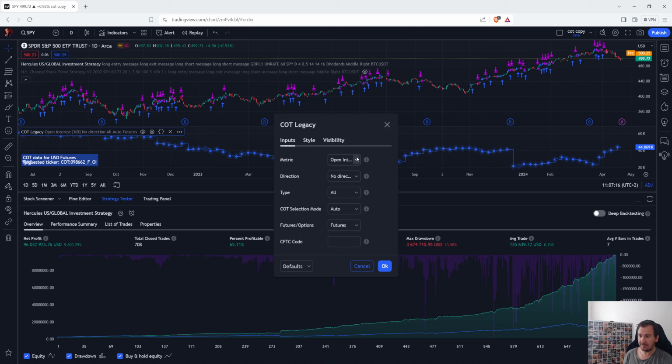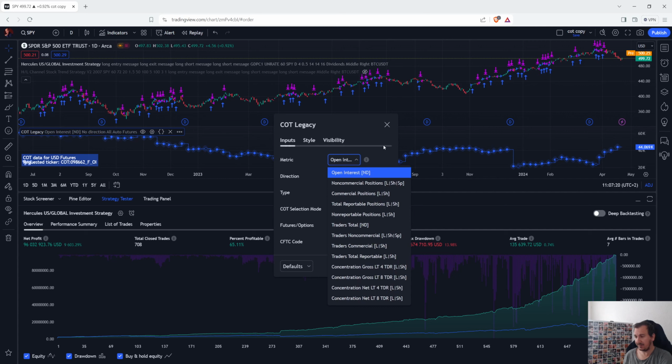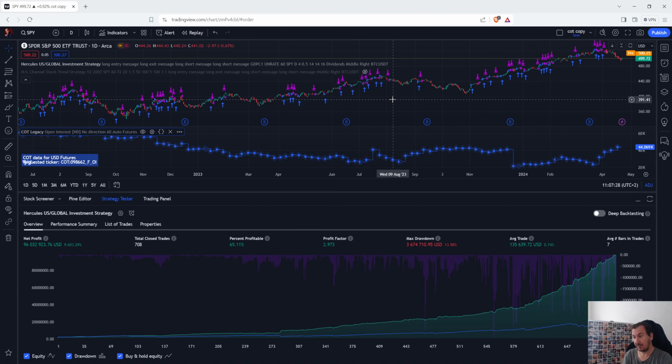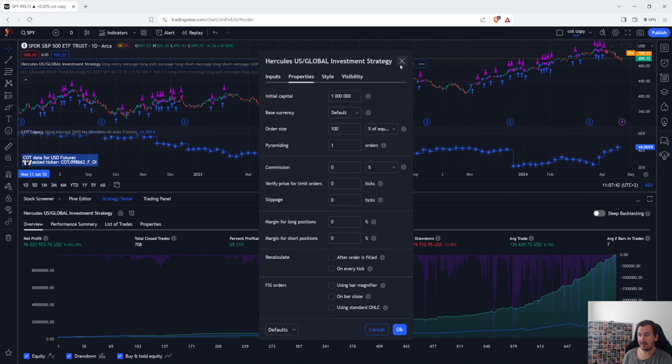With this data coming from here, I've made an average. So I'm combining multiple metrics within one. Let's say, for example, I take open interest, non-commercials, commercials, and total traders, and more than half of them are telling me to go long, and the other half is telling me to go short. Something like this. Then, in that case, it's going to be a precondition for the long. At the same time, inside of it, I have added another part of the logic,